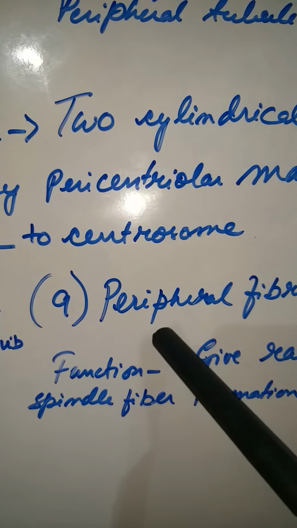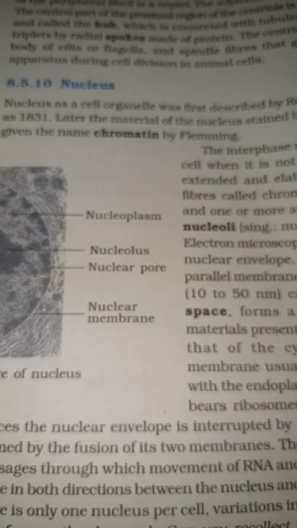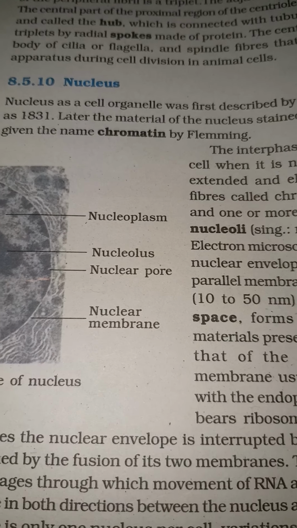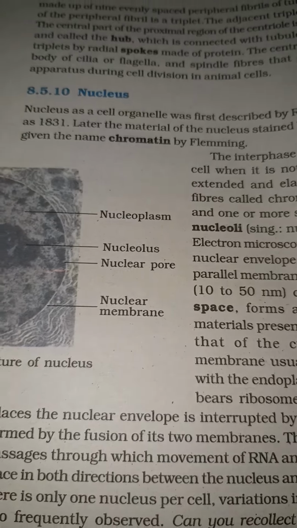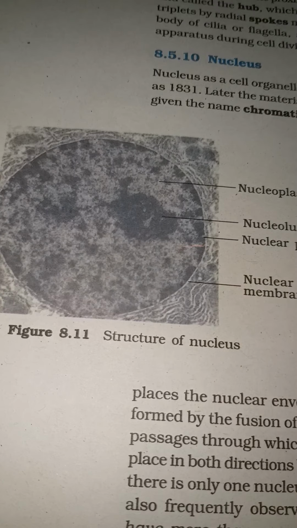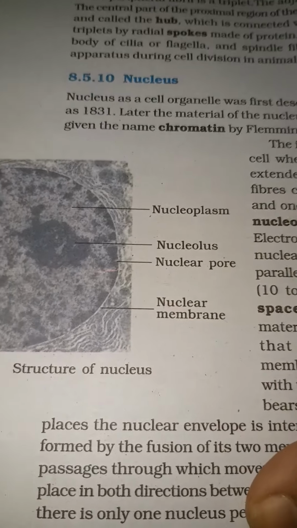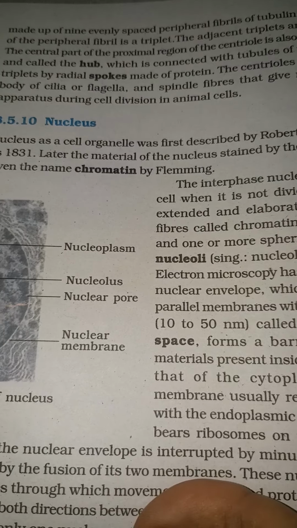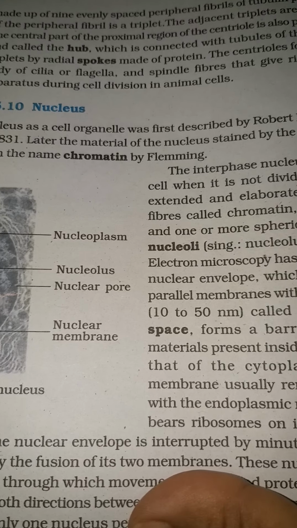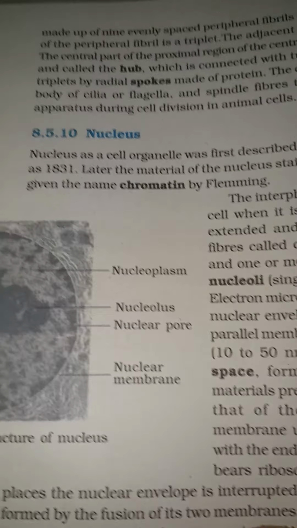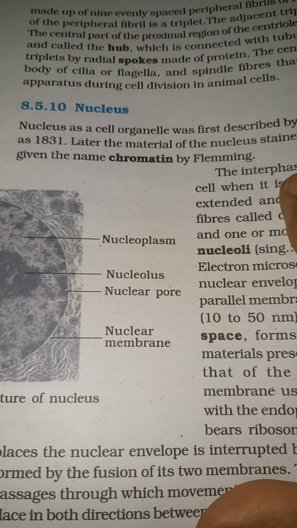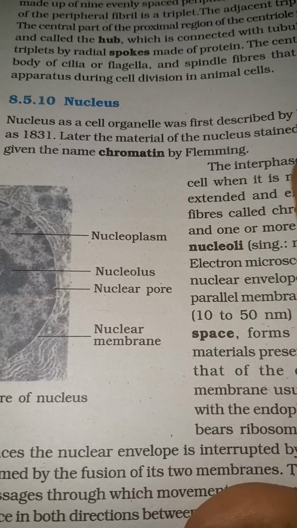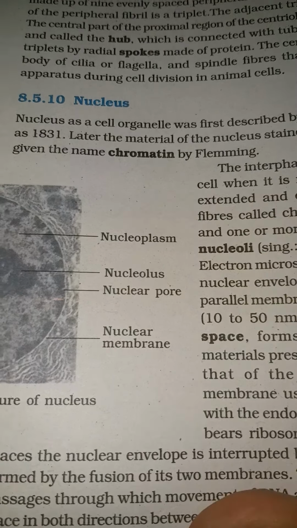Now here, in the last part of the chapter, we have the nucleus. Now see, what is the nucleus basically made up of? It is a central part. You can see the figure. If we see in a cell, it is like that. Why is it called so? Because it stained darker when it was stained to see under the microscope, and it was Robert Brown who identified the central part to have the genetic material, and later the material that filled the nucleus was known as chromatin.